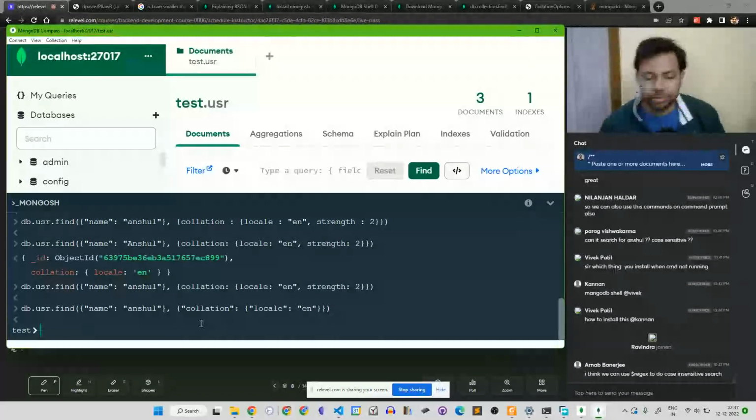No, of course you can do regex, but this collation command also does the same thing.